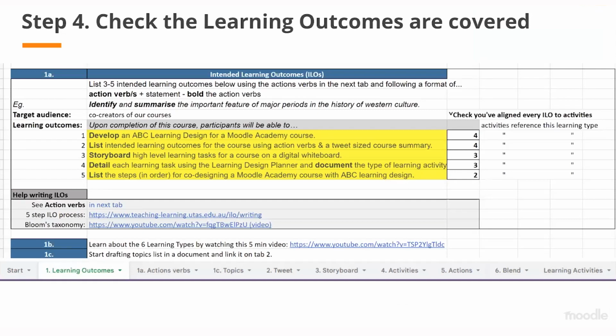So now that it's complete, I can go back to the Learning Outcomes tab and see how many times the learning outcomes are covered by the various learning tasks. We want to see at least 2 learning tasks for each learning outcome, once to introduce the concept and a second time to test whether it's understood. So for example, in the final quiz or some other summative assessment.